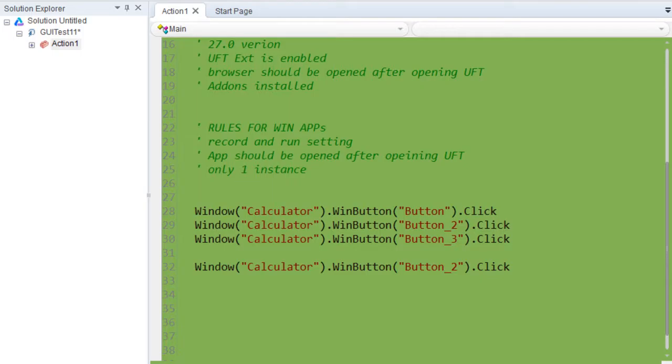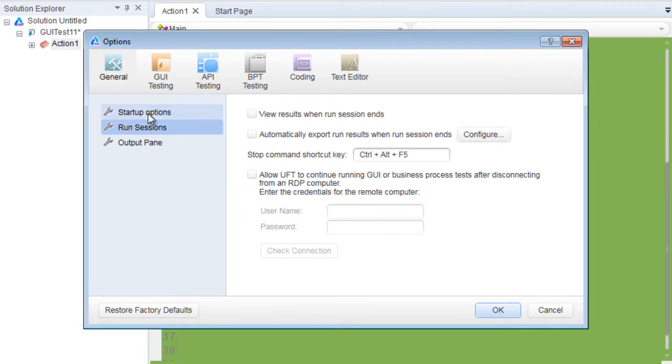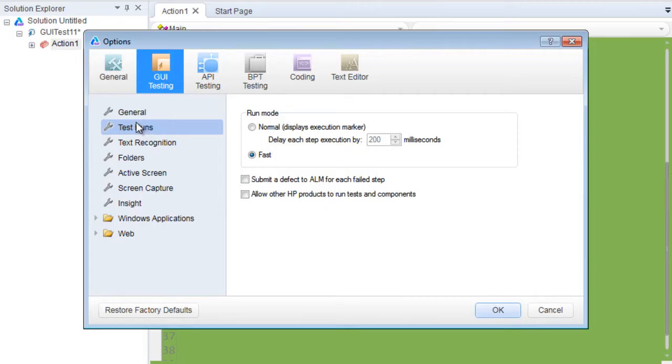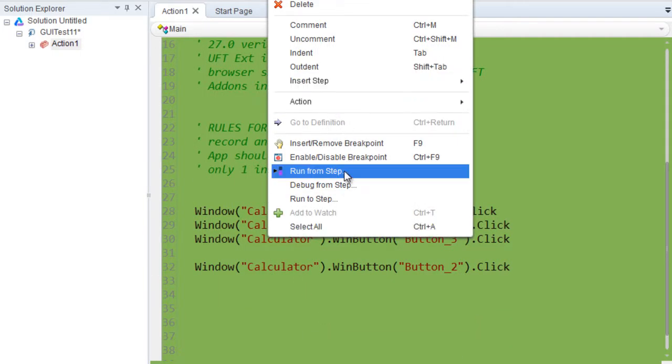You can go to tools, options, and go to the run session, and out here, oh no, sorry, you have to go into GUI testing, test runs. Go to the second tab, GUI testing, go to test runs, and right now the run mode is selected as fast. I'll select a normal run mode with a delay of 200 milliseconds between execution of each line. So now when you run this,